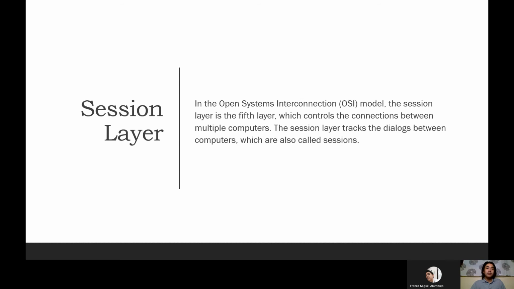Next is the session layer. The session layer is the fifth layer. It controls the connections between multiple computers. The session layer tracks the dialogues between computers, which are also called sessions. It manages a session by initiating, opening, and closing sessions between end user application processes. This layer also controls single or multiple connections for each end user application and directly communicates with both the presentation